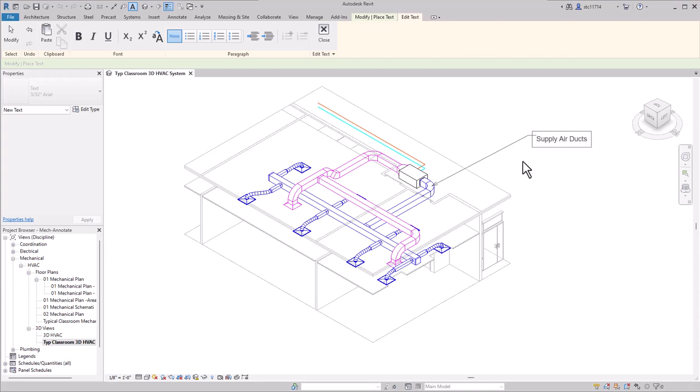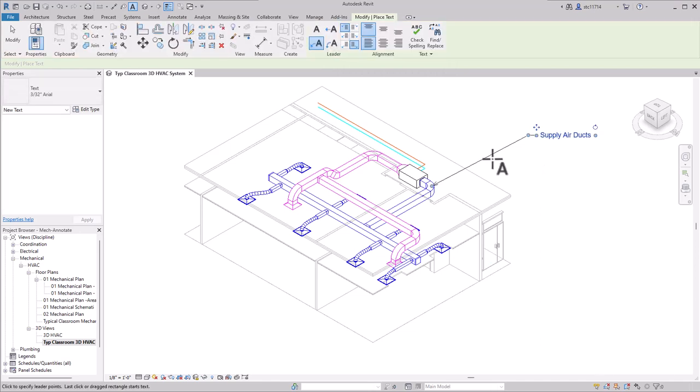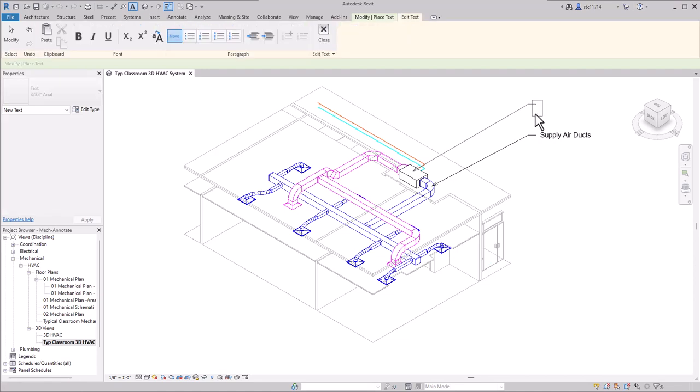If you press enter, it'll give you another line. So instead of pressing enter, you can either click close up here on the ribbon or just click away from the text. Next, I'll add one for the air handling unit. So once again, I'll click on the air handler, and then I want to use tracking to make sure I get some nice uniform text here. So I'll track off of that landing and then track off the other side of the landing. Then I'll put in my next label of air handling unit.